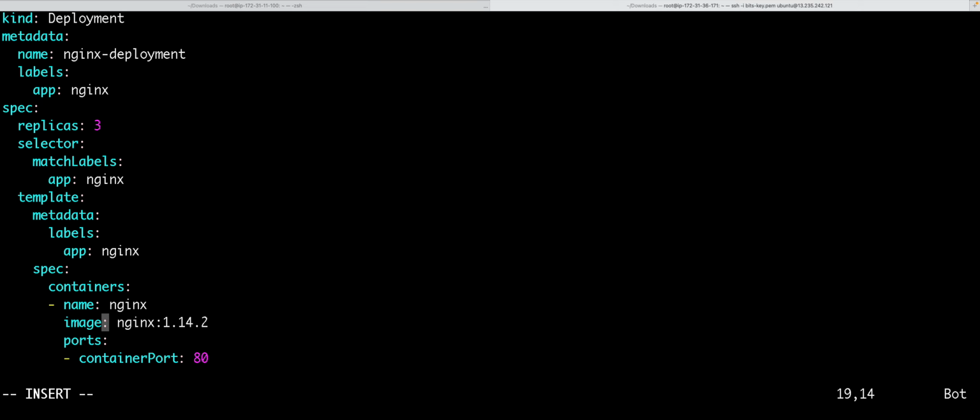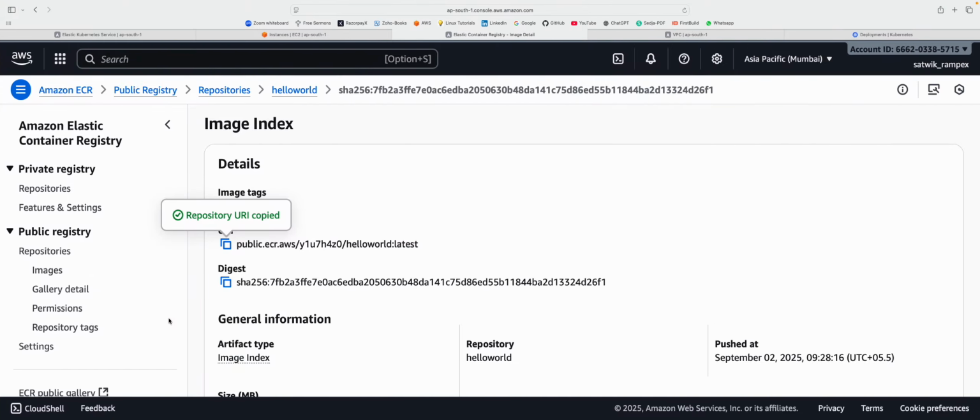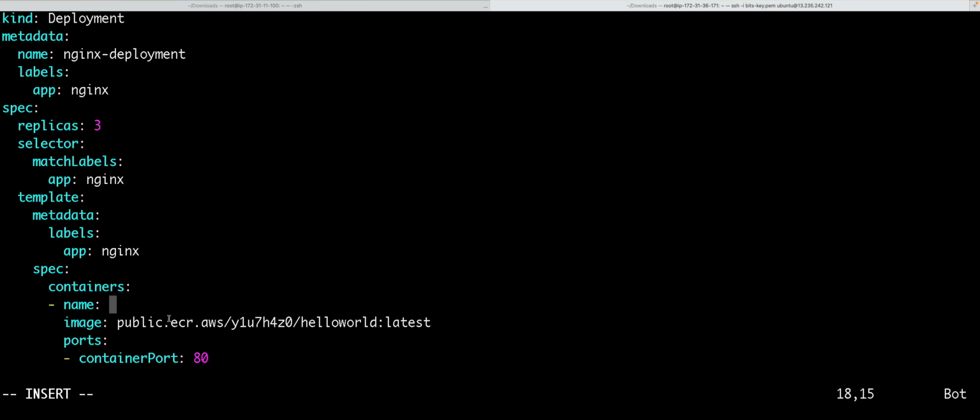So change the name of the image, and the name is, so let's use hello world as the name of the container. Now